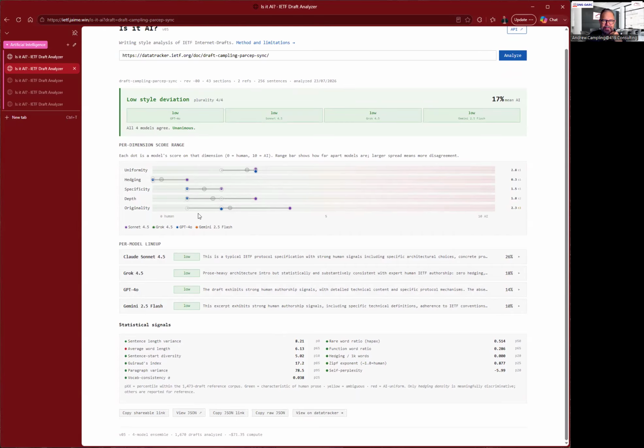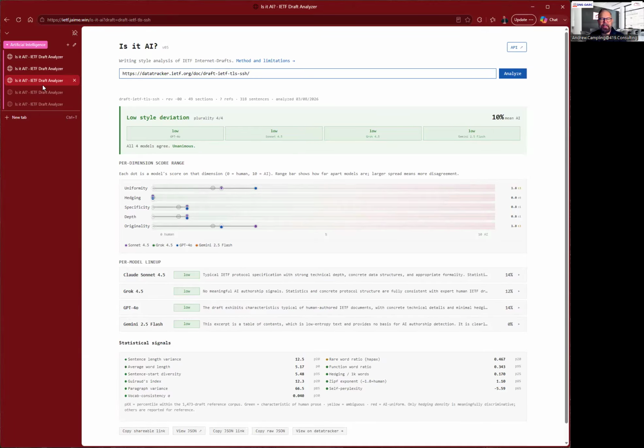It gives you a breakdown of the scoring towards the bottom of the screen. And you can see the graph in the upper middle of the screen, what the range of scores were between the different tools, giving you a confidence level based on measurements of uniformity, etc. So different looks at different dimensions and comes to a conclusion.